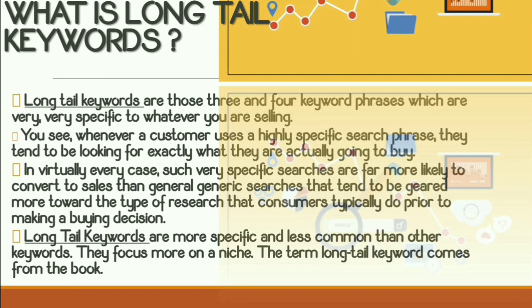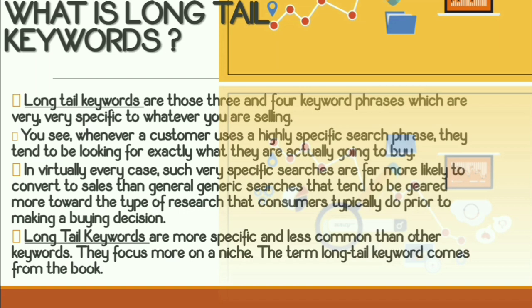The name itself suggests that a long tail is a long keyword. So, long tail keywords are those which have 3 or 4 keyword phrases which are very specific to whatever you are selling. Whenever a customer uses a highly specific search phrase, they tend to be looking for exactly what they are actually going to buy. In virtually every case, such very specific searches are far more likely to convert to sales than general generic searches that tend to be geared more towards the type of research that customers typically do prior to making a buying